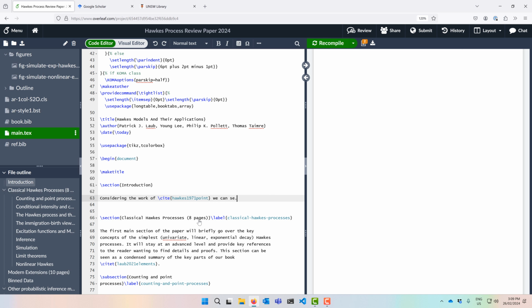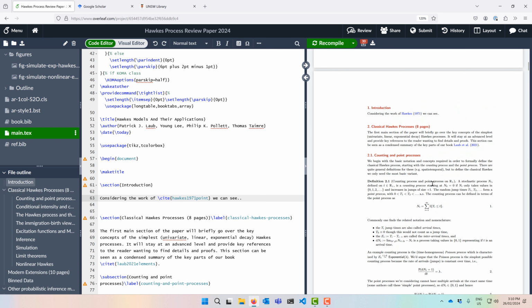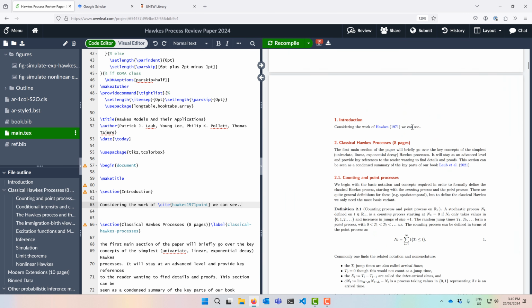We can see, and then when you compile that, here I'm just using Overleaf's website to show you how this all works. It all works if you are using LaTeX locally. Now, once we've compiled that, we can see that